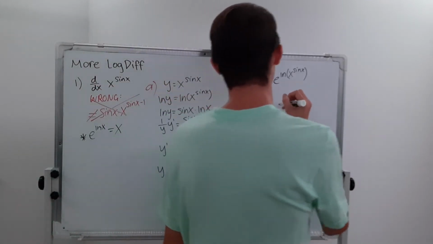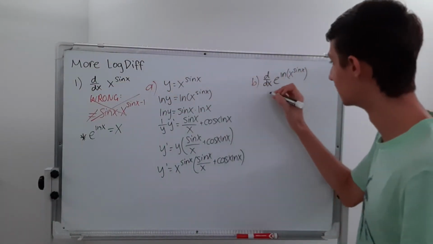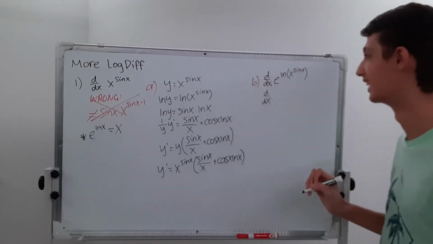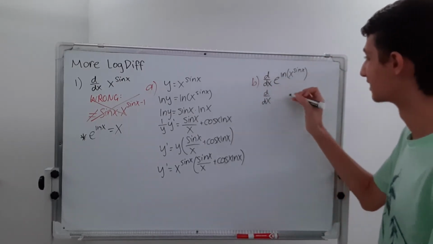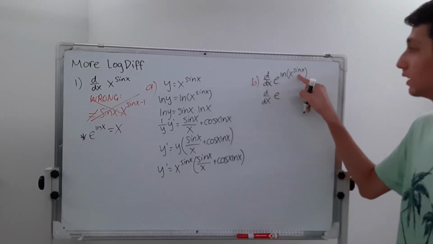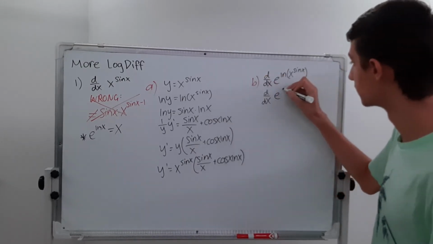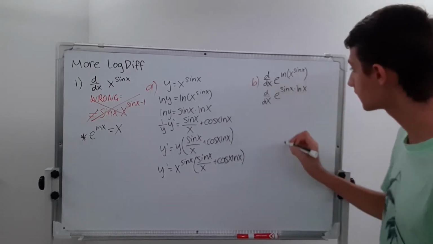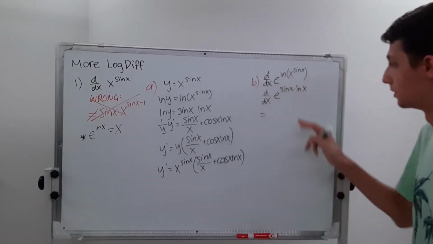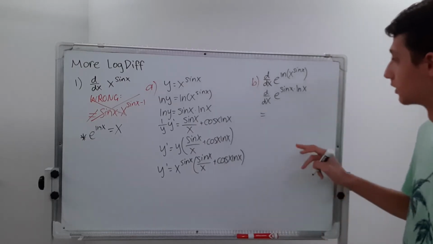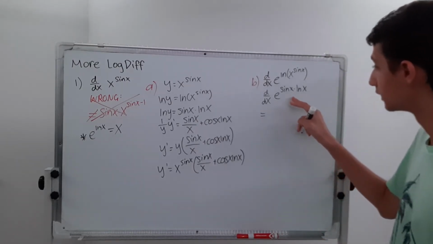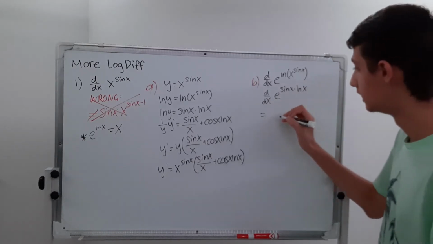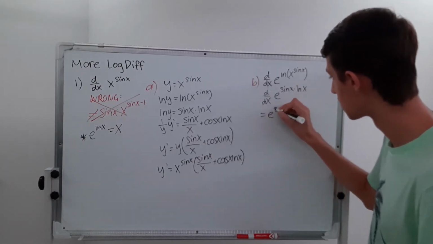actually, I write better from this side, so I'm sorry if I'm blocking this a little, but I can't do much. So this is going to be e to the, and then we move the sine x to the front, so we get sine x times ln x, and this result is going to be, I'm probably going to have to use 2 lines for the answer. It's going to be, let's see, so we got e to the sine x ln x, derivative of that is going to be itself,